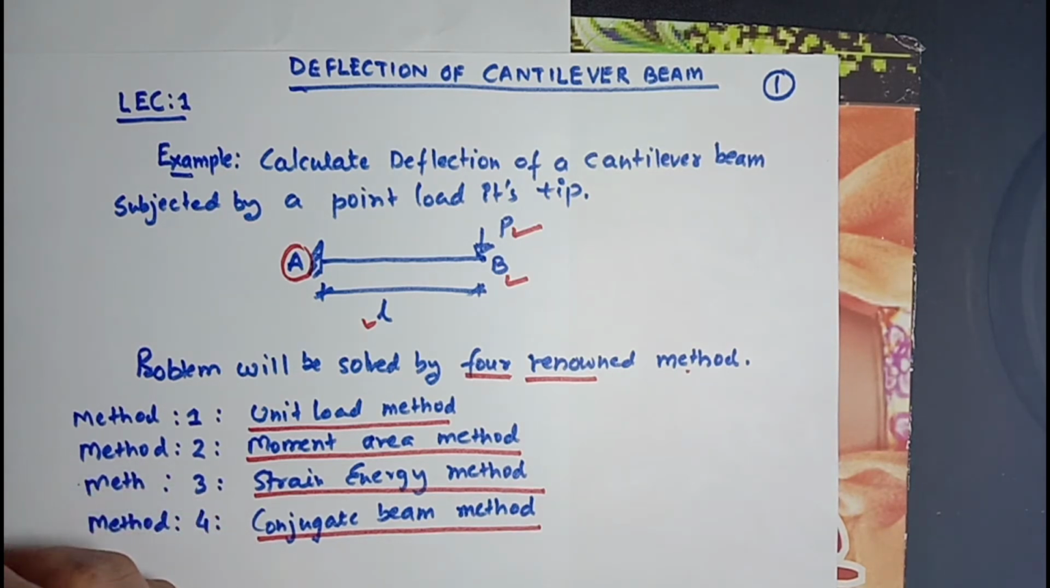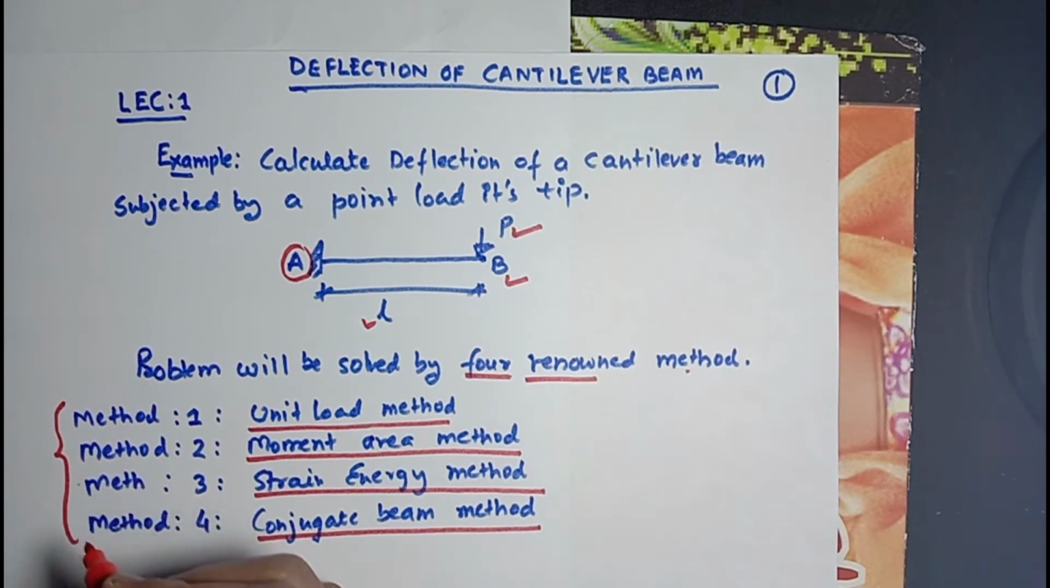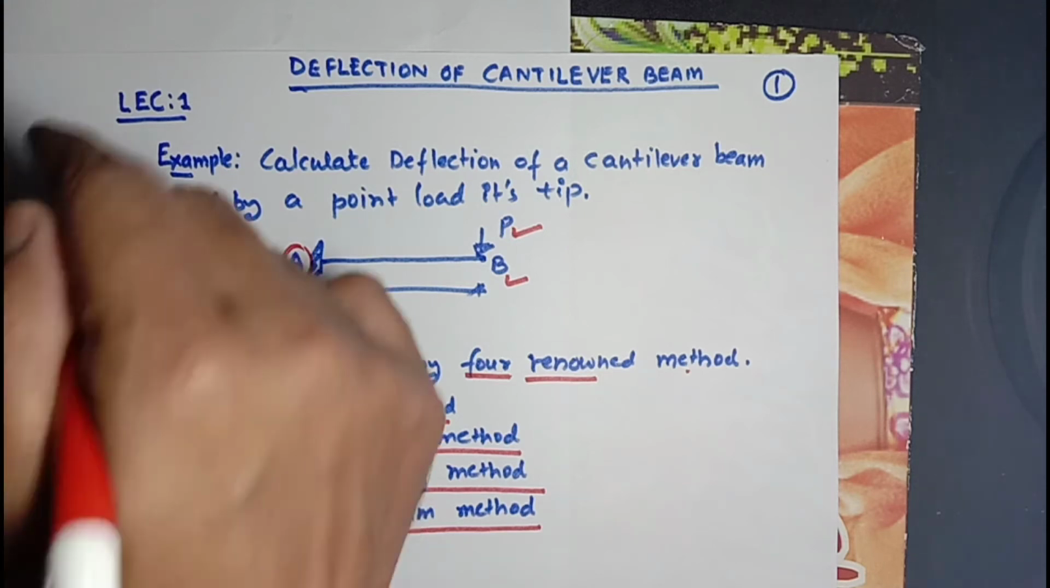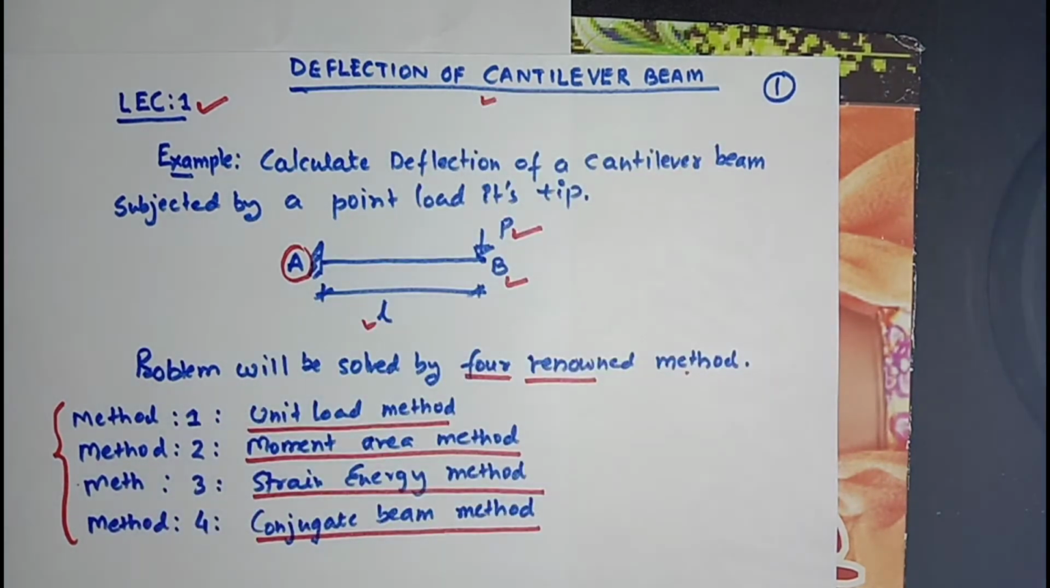We will solve the same example through all four renowned methods, and through this example I will try to explain in detail so that your basic concept regarding all these four methods will be clear. And later on, this is the first lecture on the deflection calculation of cantilever beam, and later on I will try to calculate the deflection or maximum deflections for a cantilever beam subjected by various kinds of loading